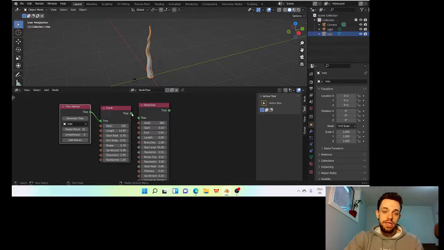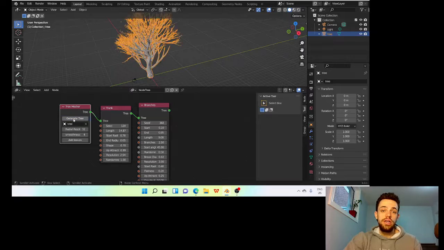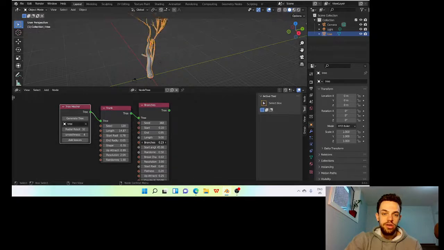Now I'm going to connect in the branch node. And when you connect a new node, you have to hit generate tree to update it. And there's all my branches. But I think it's a little bit too many. So I'm going to come down to branches and turn that down to maybe